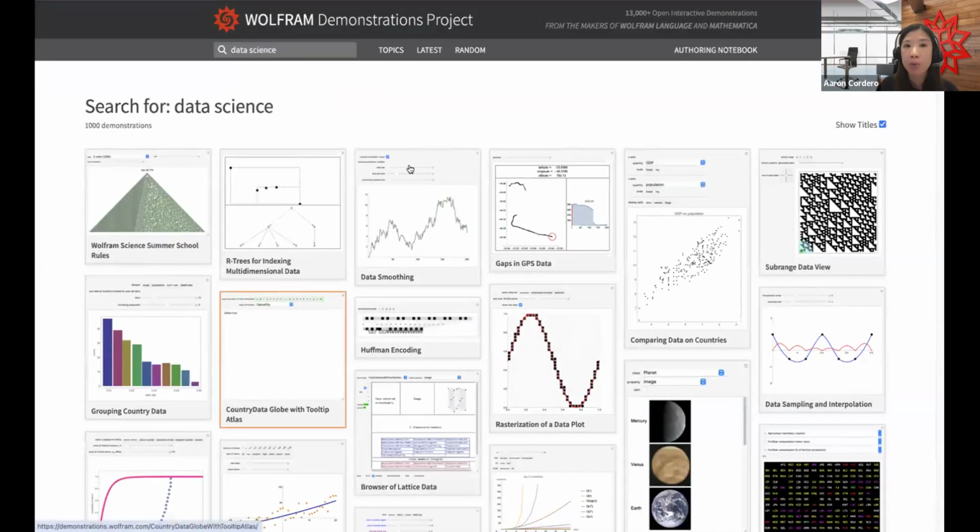And very quickly, this is Wolfram Demonstrations Project. It has 13,000 open interactive demonstrations. These are all submitted by Wolfram users around the world. They would enter their submissions, and our team will check and approve them, and then they will be published in the Wolfram Demonstrations